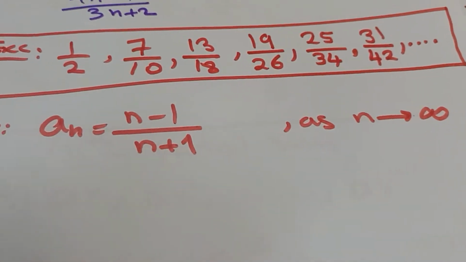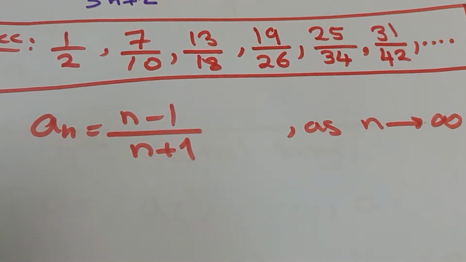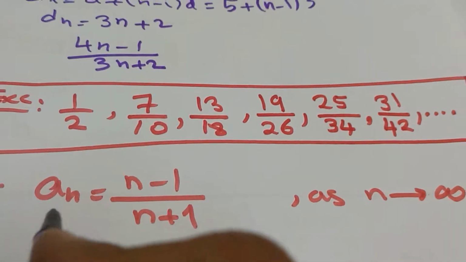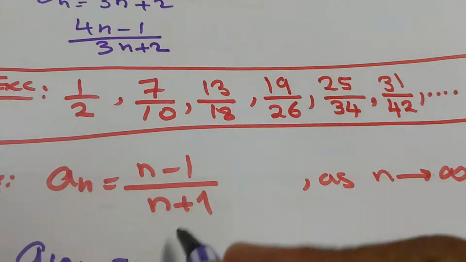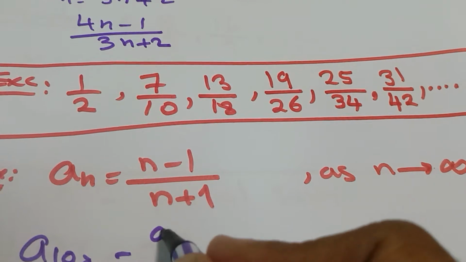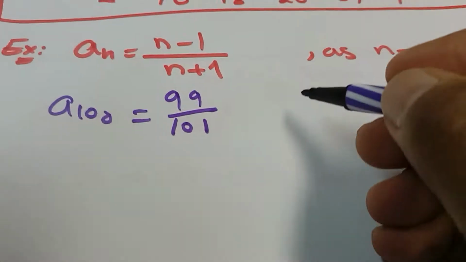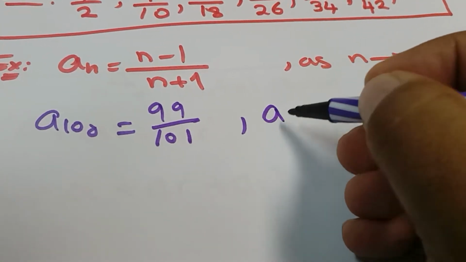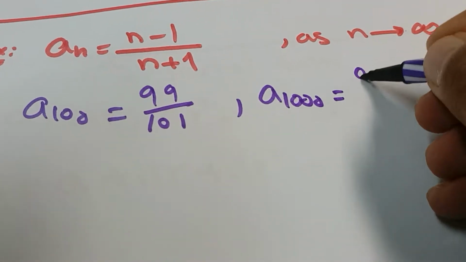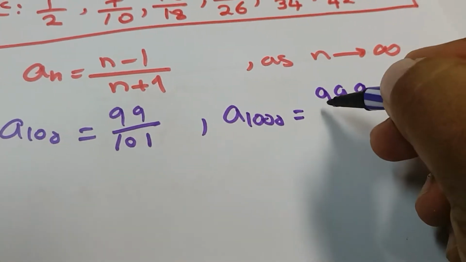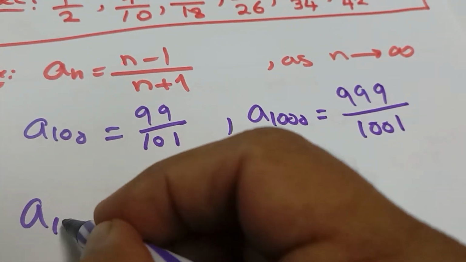Okay, and the next question is, you are given such a sequence, and we need to look at the behavior when n goes to infinity. So if I use, for example, large numbers, let's say a100, that will be 100 minus 1, which is 99, over 101. And if you make it larger than this, let's say a1000, then this is 999 over 1001. And if you go for 1 million,